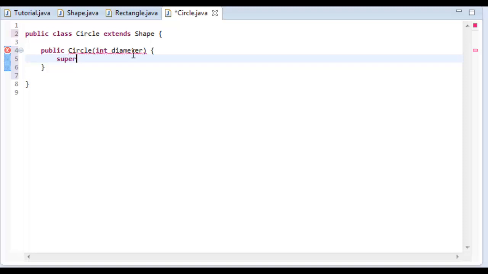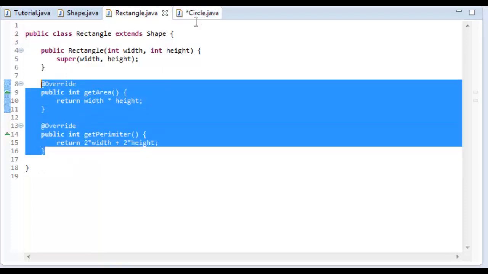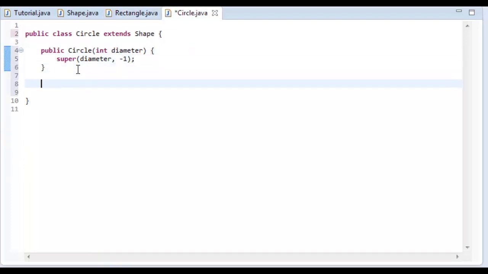How this is going to work is we're going to call our superclass like normal, but I'm going to pass in diameter through it, and I'm going to pass in -1 for the height. And if we go ahead and copy that,